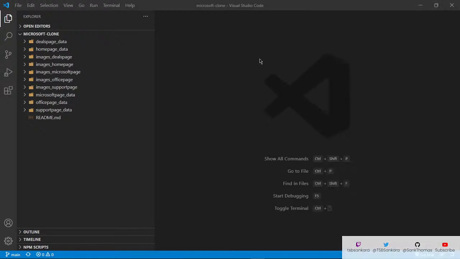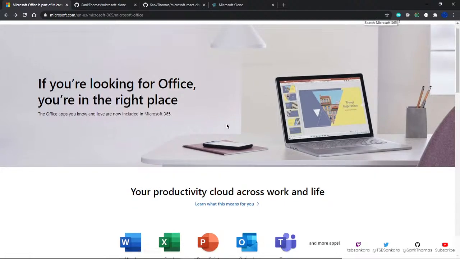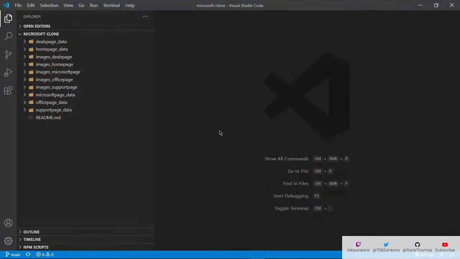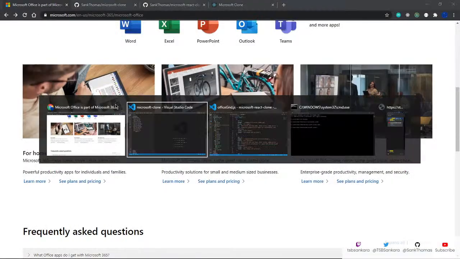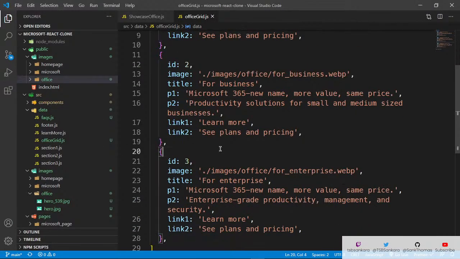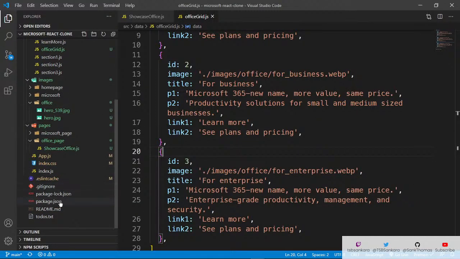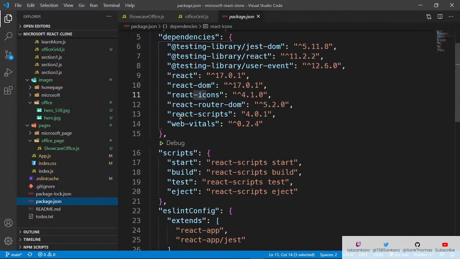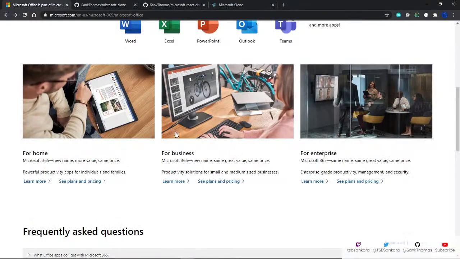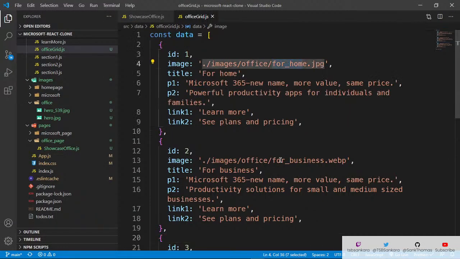Actually, you know what, instead of staying here and doing all that, let me just create this grid first of all. Let me create this grid of 3 items, which is basically what we were handling. So this right here, the ID of 1, 2, and 3, and I think I installed UUID. Let me just confirm, and it's not there, but that's okay. So let's just deal with this grid first of all, which says for home, for business, and